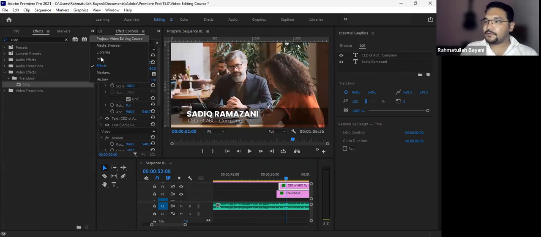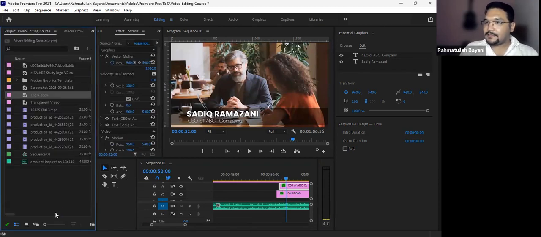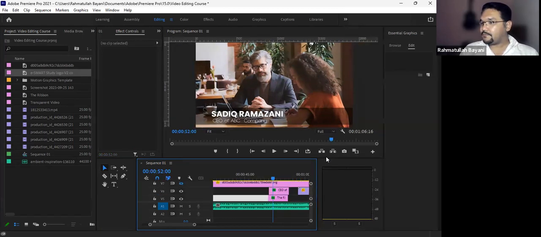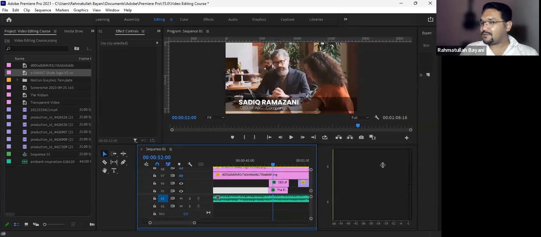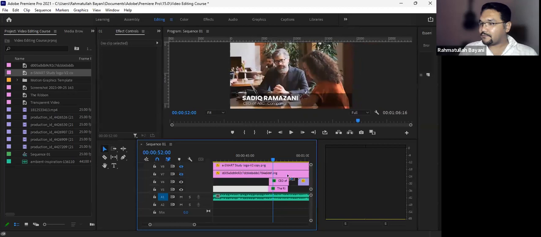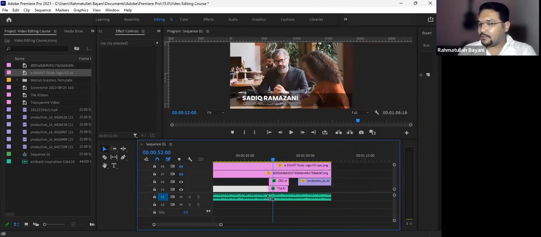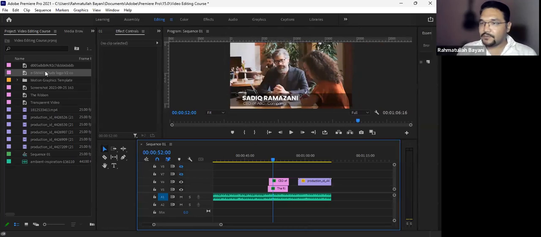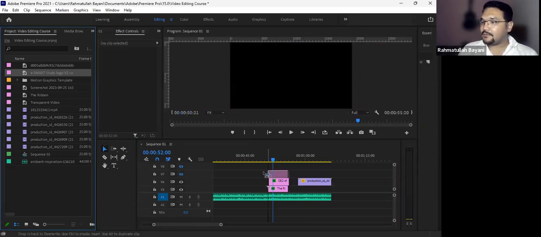I have to just go to my project window, and I think we have this logo here, the e-SMARTstudy logo. I'm going to bring that. Sorry, the screen is a little bit small, so I am having challenges moving everything back and forth. Okay, so I'm going to delete this. I'm going to delete this one as well. So I'm going to bring the logo on my screen at the top of